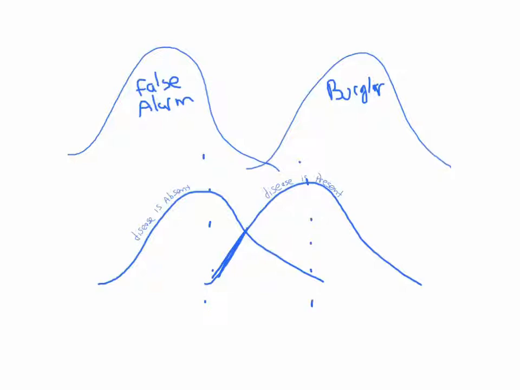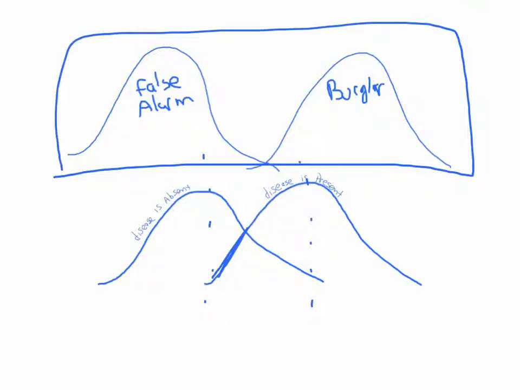Now, how can we get the curves to spread apart? How can we say the disease is absent and the disease is present? How can we more easily identify those? Usually you cannot do that with the same test. But what can cause these things to spread more apart? First of all, increased technology,